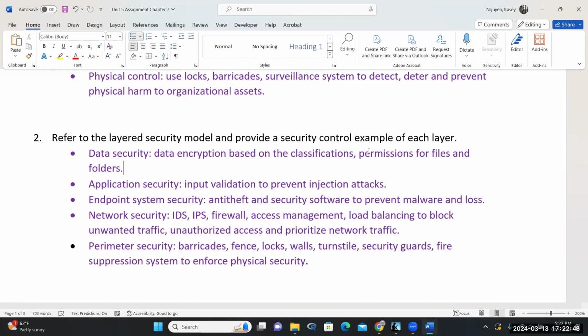We can also make sure that we have the proper load balancing to block unwanted traffic and have performance. And then unauthorized access. So we need to control system privileges and prioritize our network traffic. So you can set up static routes for priority, sensitive types of traffic, or you can load balance that, right, for quality of service. And then for perimeter, we can do fences, barricades, security guards, fire suppression,